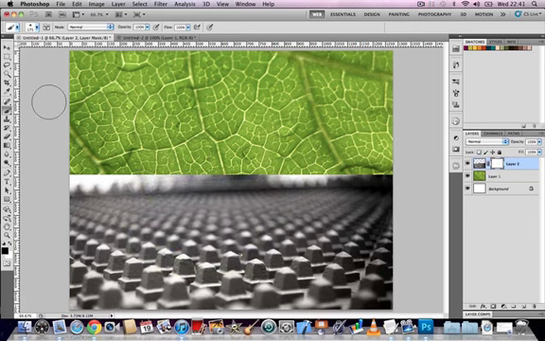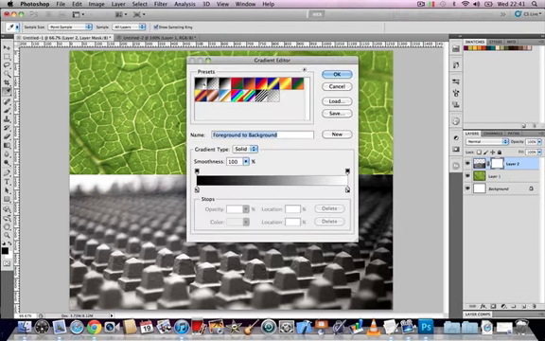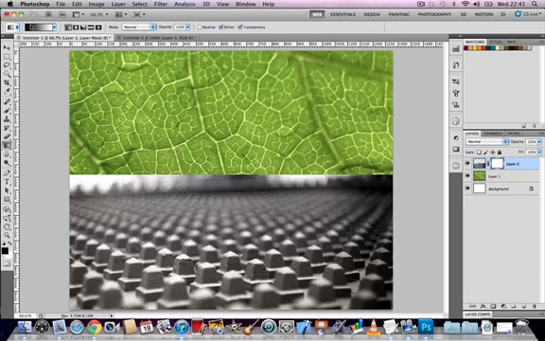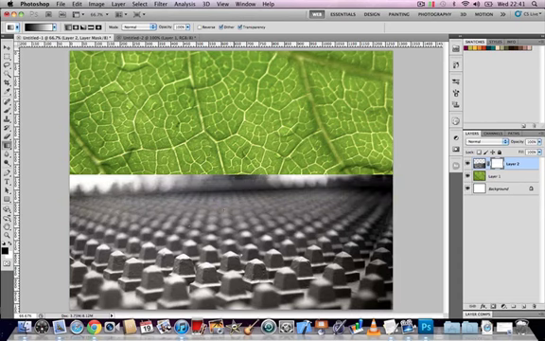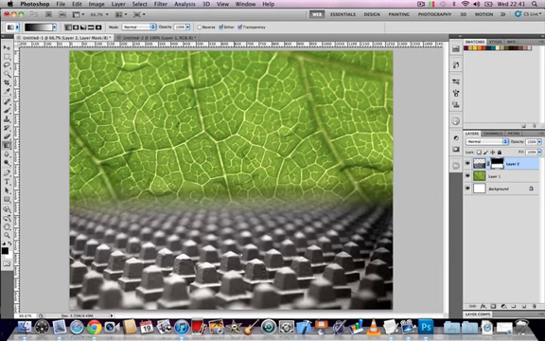And the effect that we're looking at here is a blending effect. So you can start painting with your paintbrush tool like I'm doing here. But if you want to actually get a nice seamless blend between two images, the quickest and best way to do it is using the gradient tool on a mask layer. So select your gradient tool, make sure that you've got the foreground to background color selected, so it's going from black to white, and then you can just click and drag over part of your image that you want to blend into